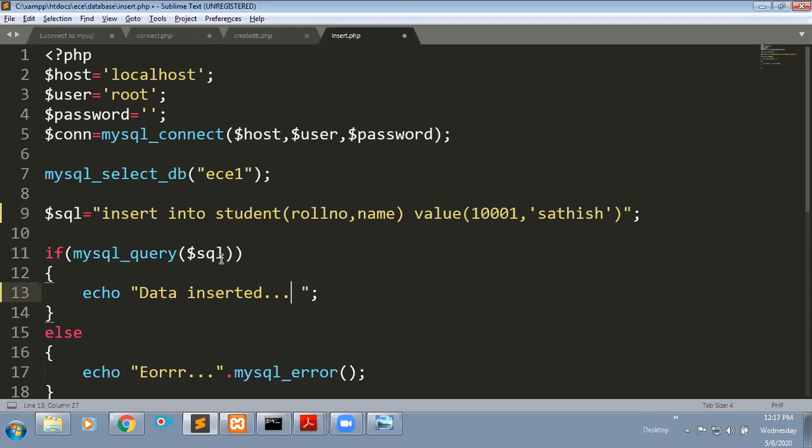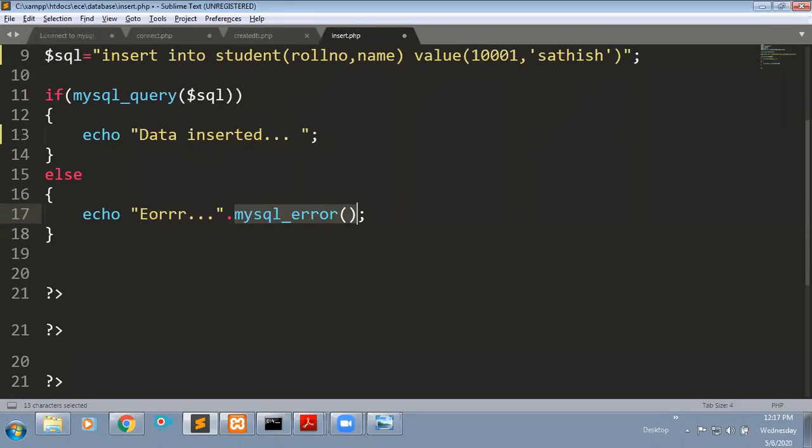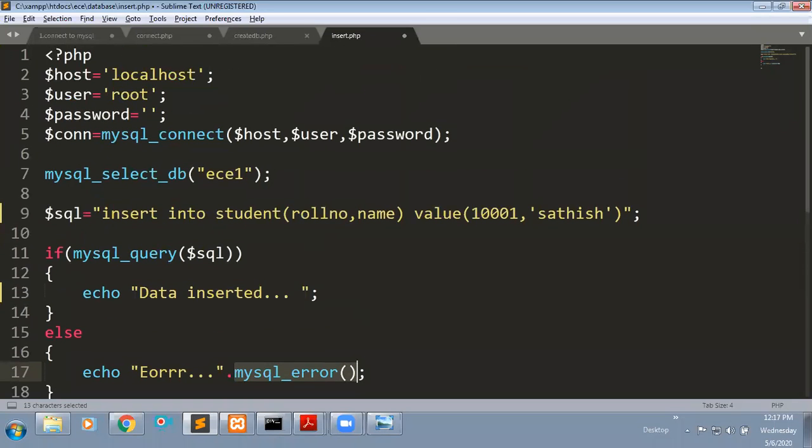Otherwise, if the query is not executed, I'm going to give an error message. If there is any error, I'm going to print that error by using this function.